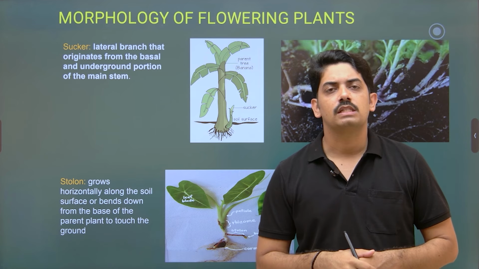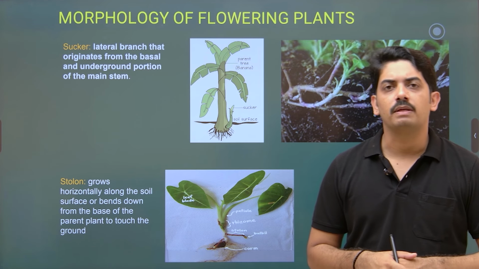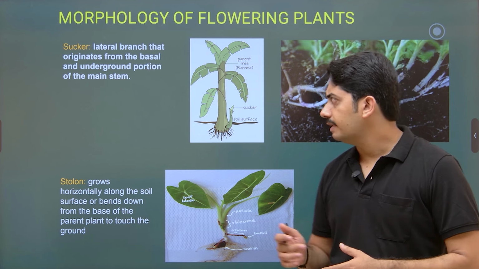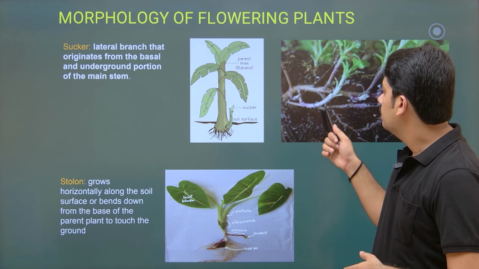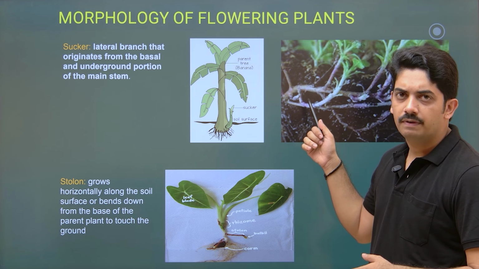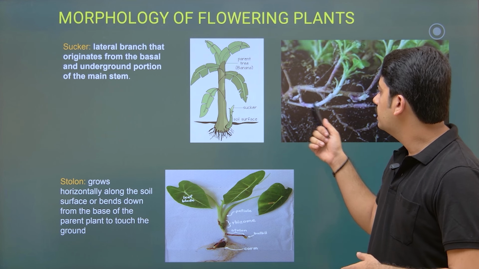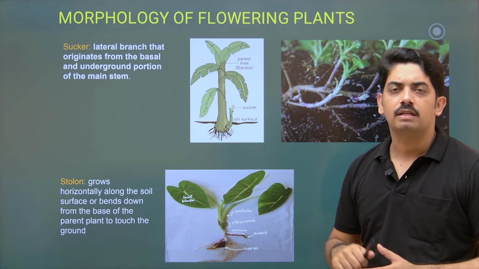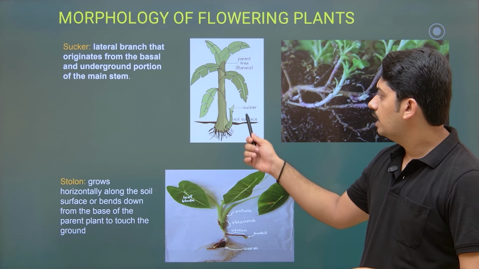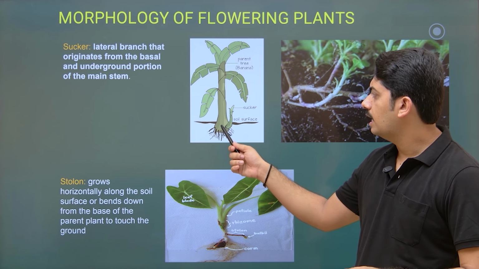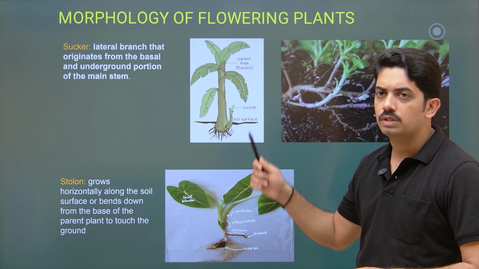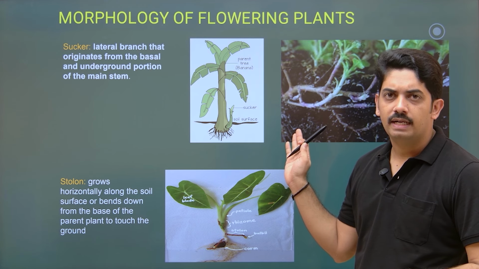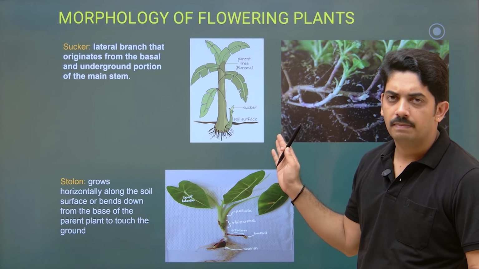Next one is sucker, a very common type of reproduction observed in banana and chrysanthemum. Chrysanthemum plant, here you can see this is the primary mode of reproduction. From the underground stem, they produce many buds and they grow upward and become a new plant. In banana also you can clearly see this is the underground rhizome from which it produces the suckers. And if you cut this sucker and separate it and place it in a separate place, it will grow into